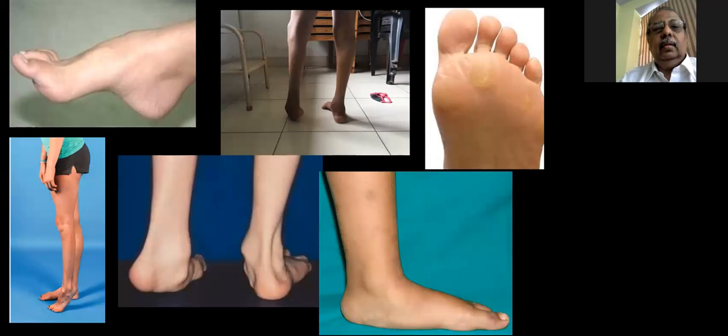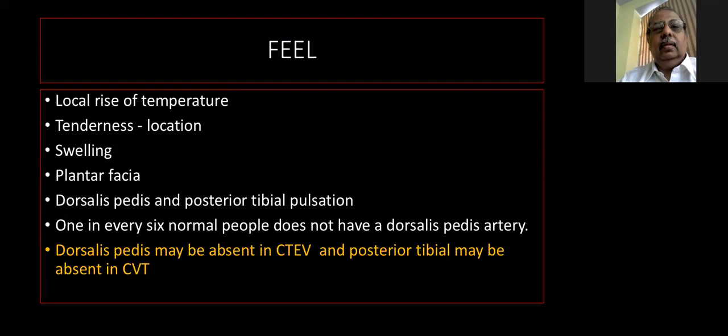So these are some of the deformities, and it is these deformities which come as short cases for your exam. There may be an adolescent with a cavus foot. There may be an equinovarus foot. There may be a person walking with an equinus, pure equinus. There may be a planovalgus foot collapse, or there may be a flat foot, a rigid flat foot. These are all kept as short cases for your exam.